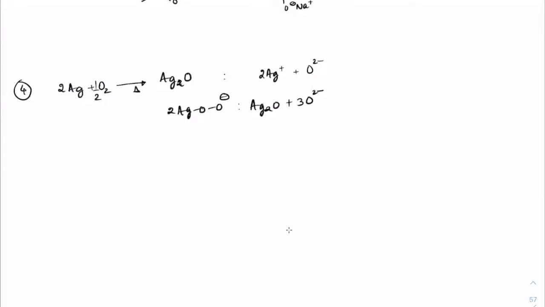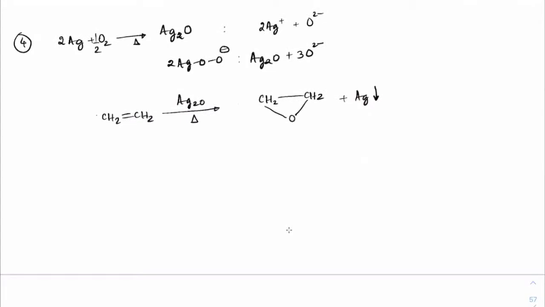So basically, in case we react a double bond, like let's say CH2 double bond CH2, in the presence of Ag2O and heat, this O2 minus will get bonded with this carbon. So CH2, oxygen will come in and silver will get reduced. So you can see the alkene got oxidized, silver got reduced. Now once you get oxygen, you know what to do. With oxygen, if you do hydrolysis, acidic or basic, we will get alcohols, CH2OH, CH2OH. Vicinal alcohols are usually called glycols. So you can get glycols.